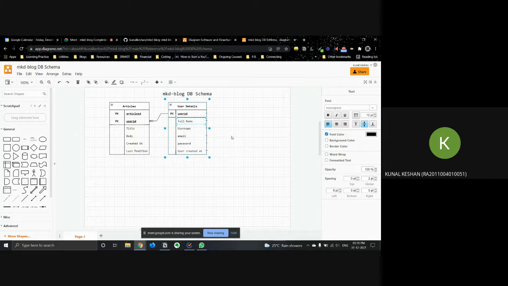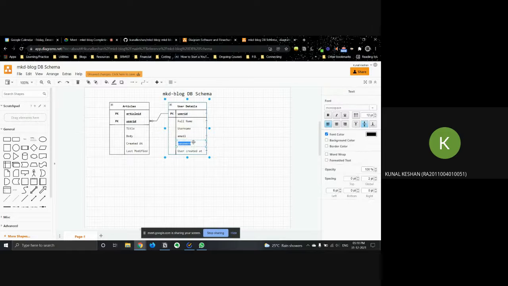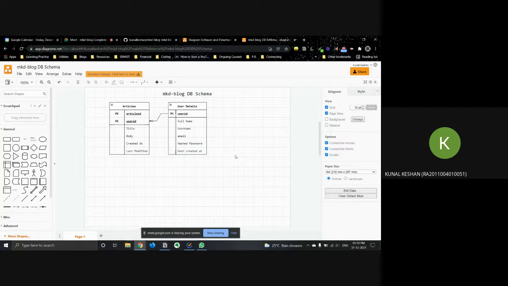We'll have the user's username, their email, and this will be the hashed password, because we don't want to store the exposed password.